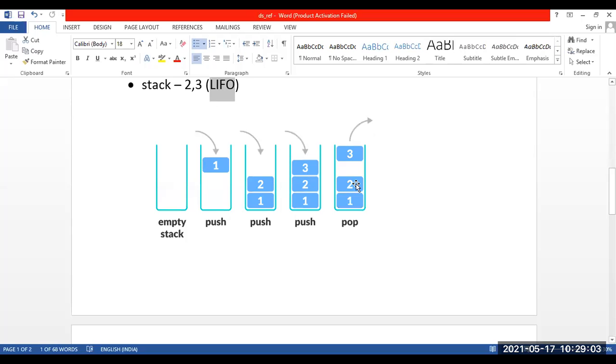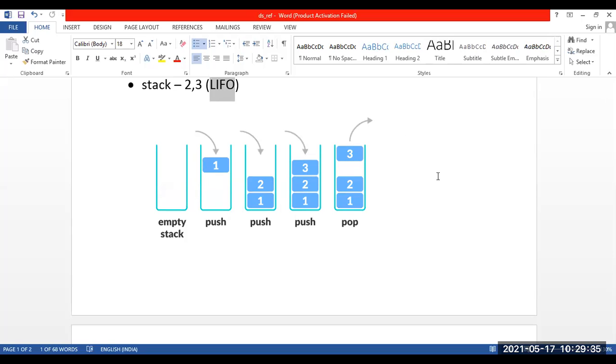So if I have to take an item out of my bucket, or out of my stack, it is going to be the last element that I put inside. And the last element that I put inside was number 3. So first 3 is going to come out. Irrespective of whether you want to take any other element out, it will not happen. So I want to take 3 out. Now tell me which are the 2 elements that are left inside our stack once I take out 3? 2 and 1.